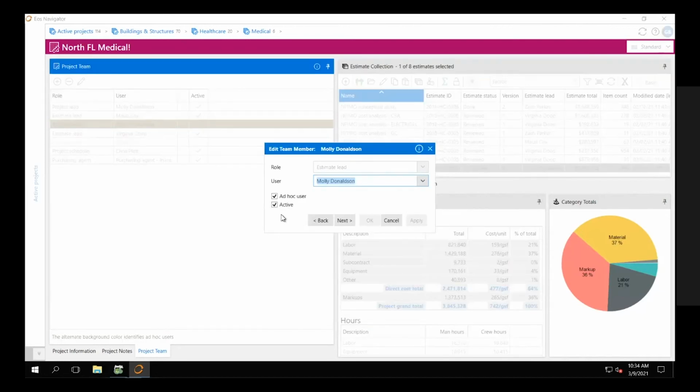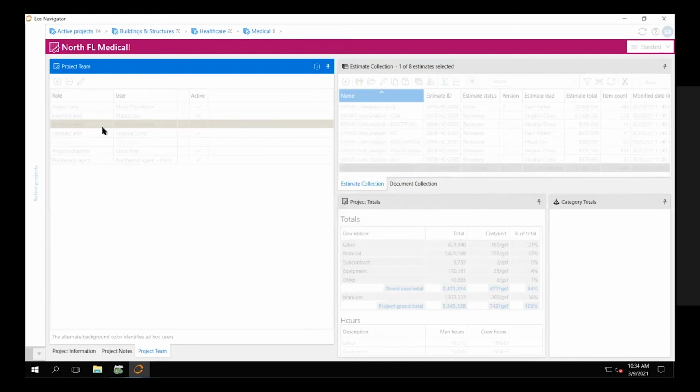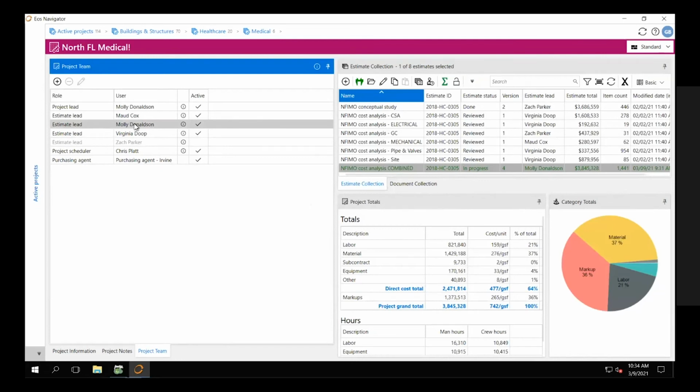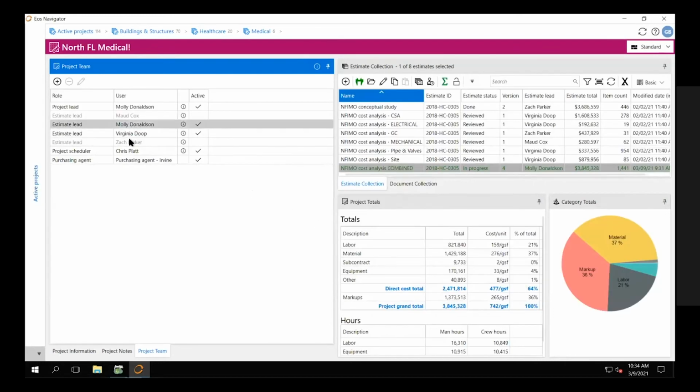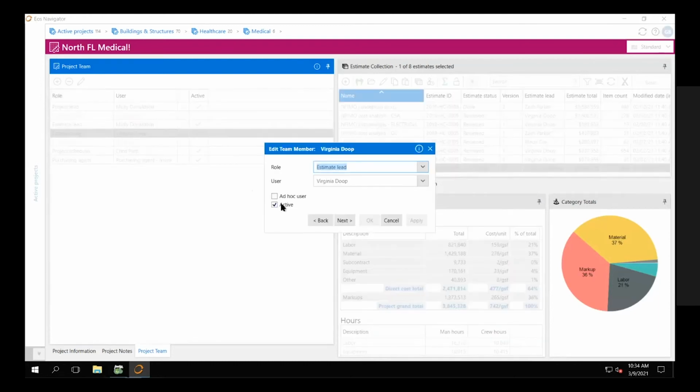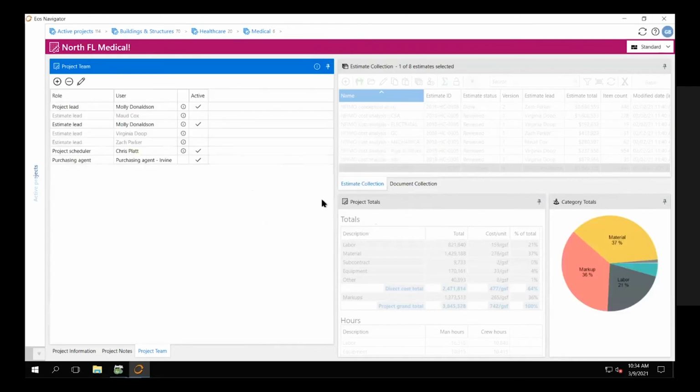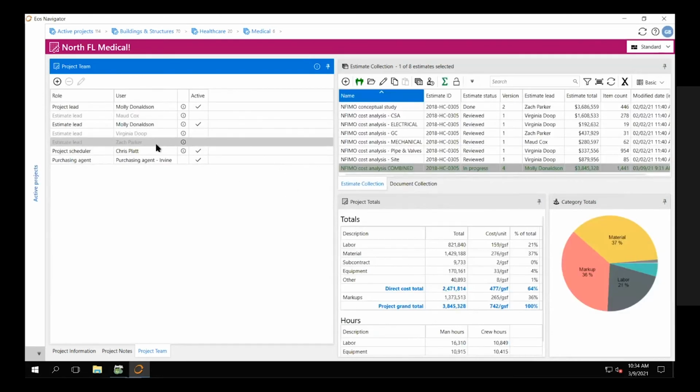In order to change that, we can simply go ahead and uncheck the ad hoc user option, and she becomes a full member. We also have the ability to, I guess you'd say, inactivate a member. Let's go ahead and make that change there to both Maud and Virginia. And this gives us an opportunity to retain project team members that played a role that are no longer